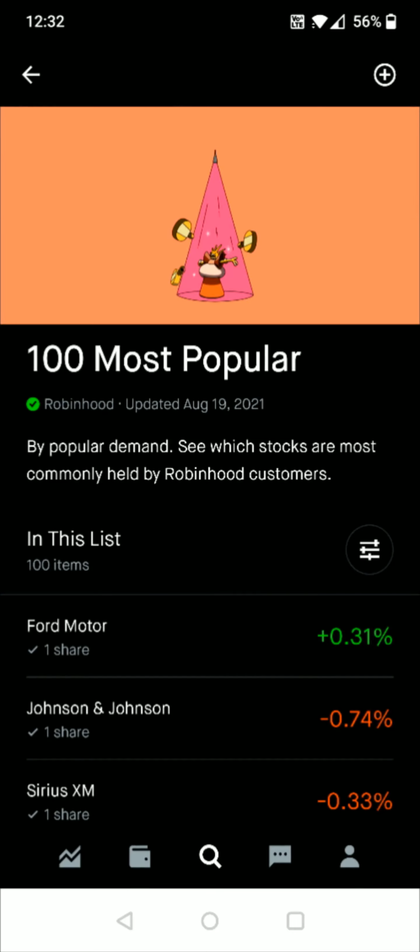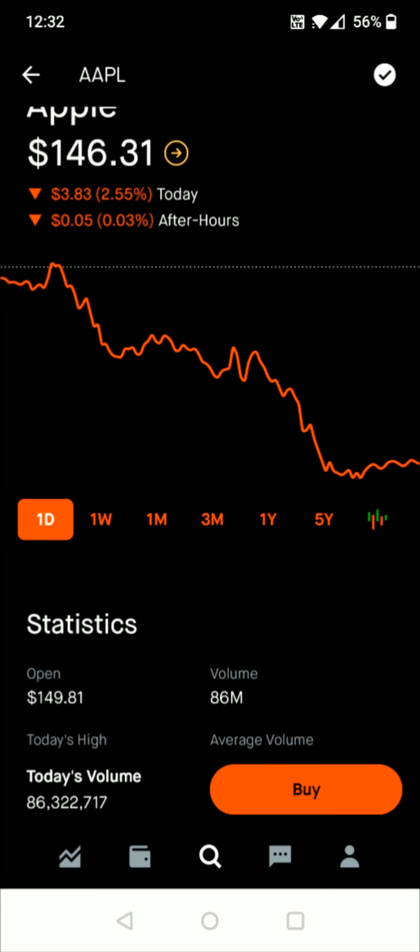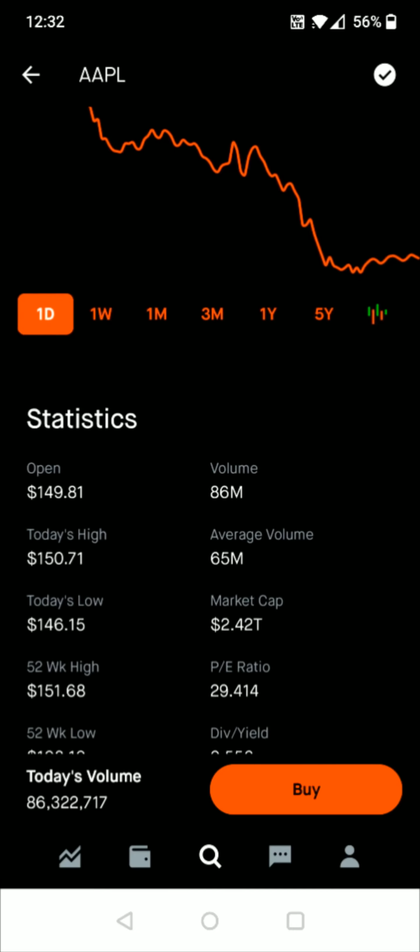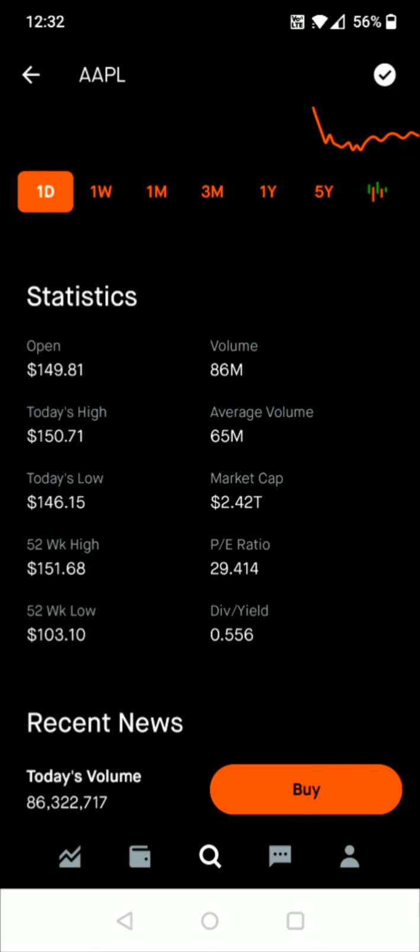So again, we'll go back to the 100 most popular, and this time we'll click on Apple. And this isn't investing advice, this is just an example. But let's say maybe you wanted to invest in some Apple stock. So you can look at their numbers here, and if you're interested in buying some shares,